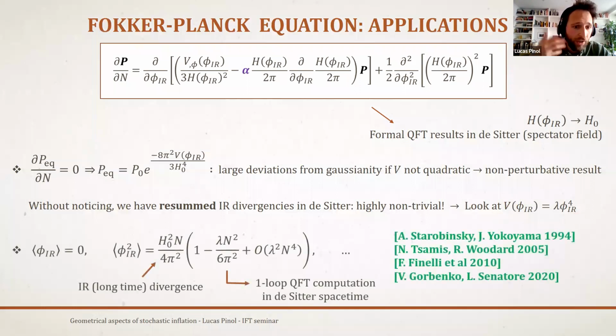Then it is well known from QFT in curved spacetime that you have secular divergences for your perturbations, for your correlation functions. So here, the 2-point function, for example, is growing with time. Actually, this is a result which is fully general for massless scalar fields. And then if you add this self-interaction of your scalar field, you can compute, for example, the one loop correction to this 2-point function. And what you find is some correction which is proportional to lambda times N squared.